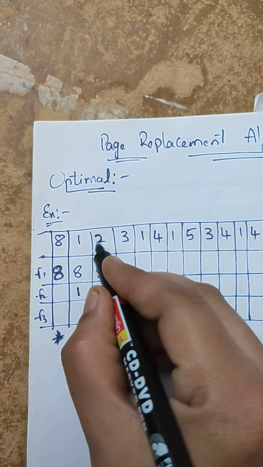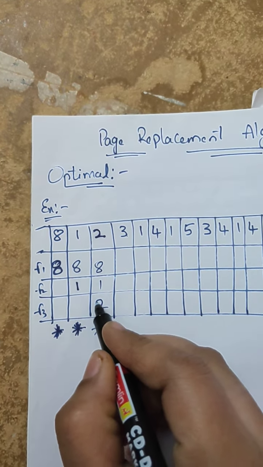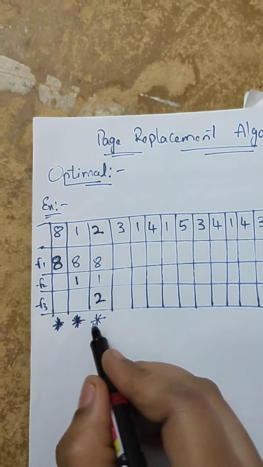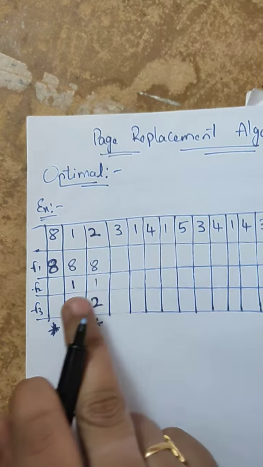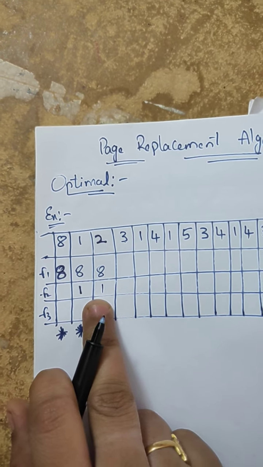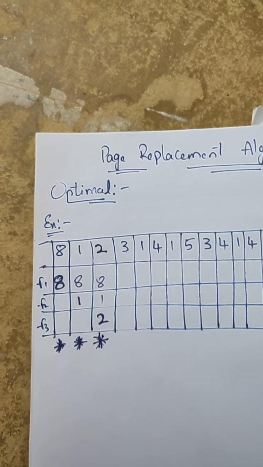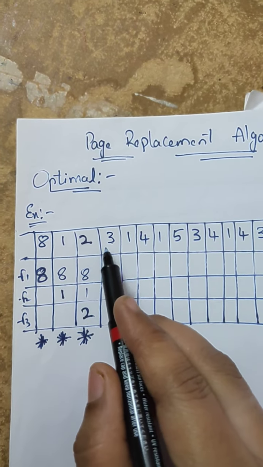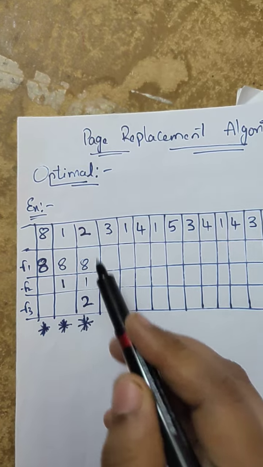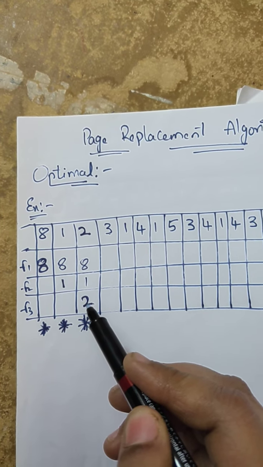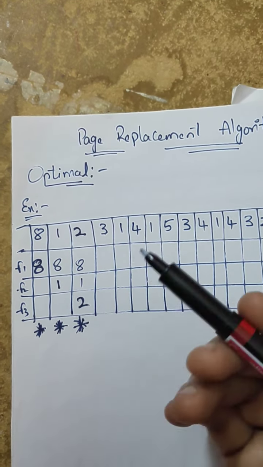Similarly, if the processor demands a second page, it will be stored in frame 3. Why do we get a page fault here? Because the demanded page does not exist in the main memory, so it is a page fault. Now coming to the third page, when the processor demands a third page, there is no space at all to be allocated for this page. So for that, we go for page replacement.